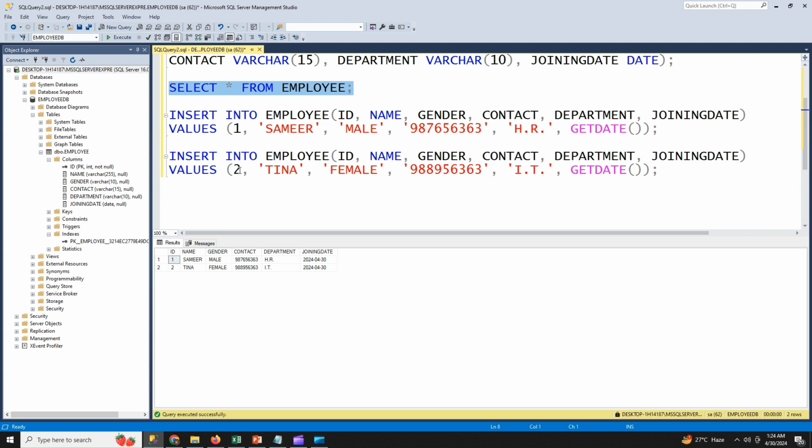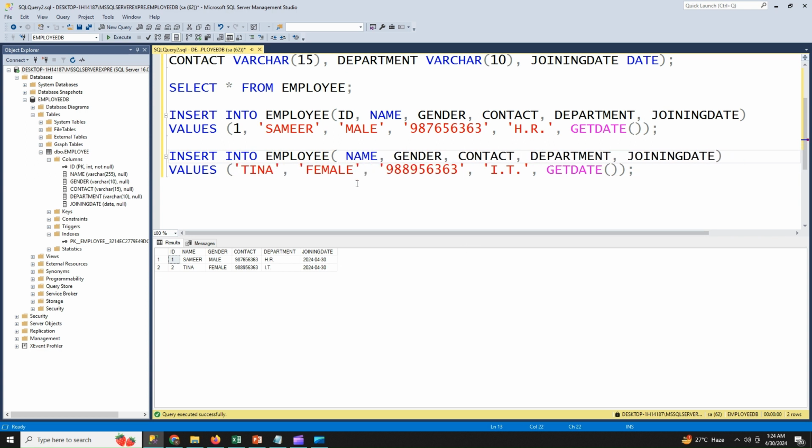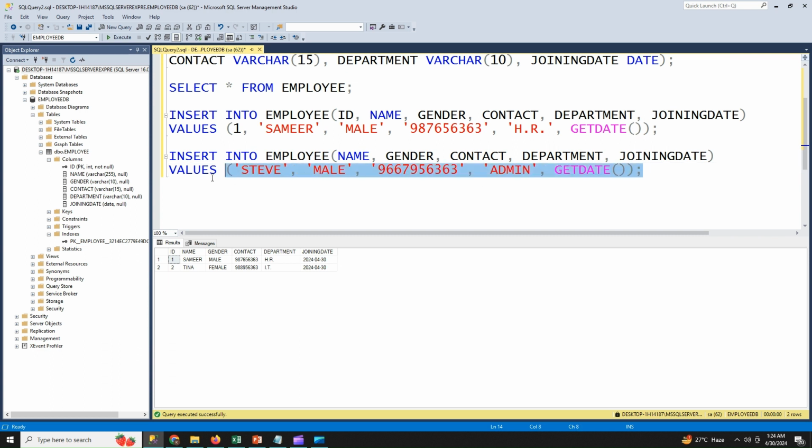Then try to pass some null values. So I will not pass anything against the ID, remove it from the column names, and Steve, mail, will change some mobile number, pass it as admin, and I will take getdate.